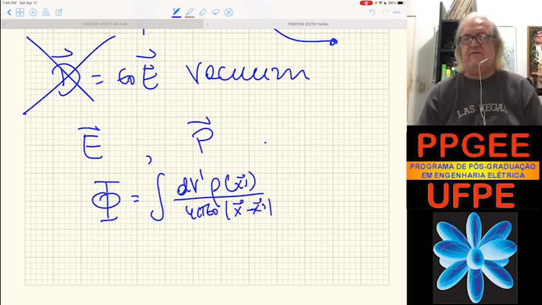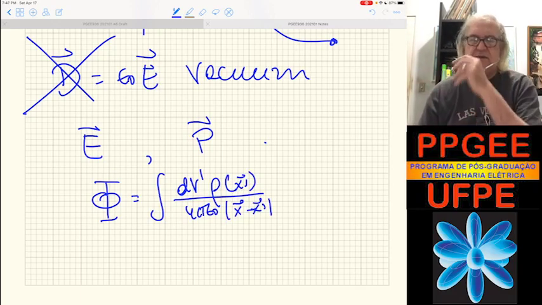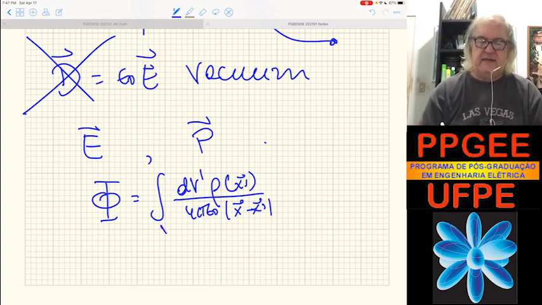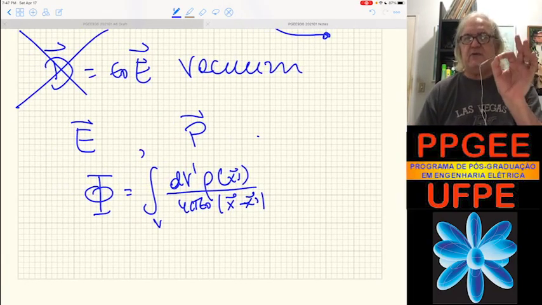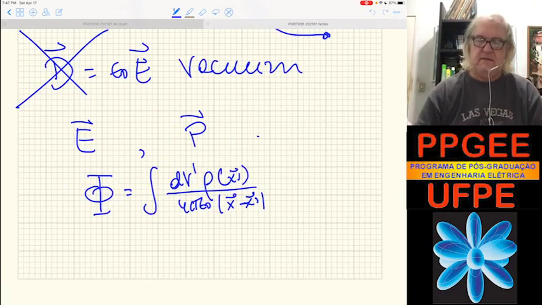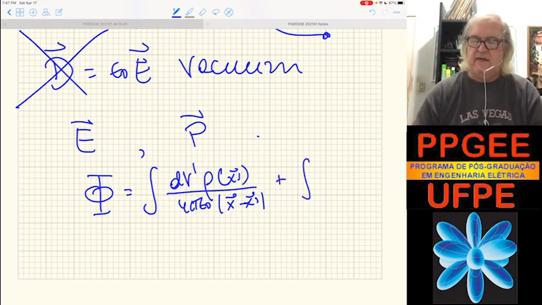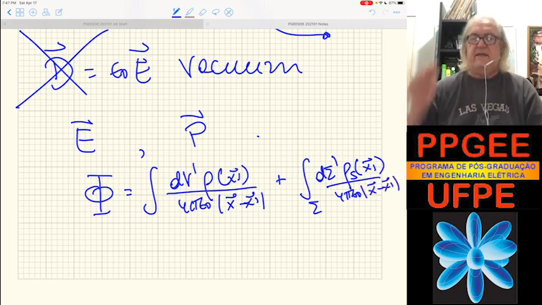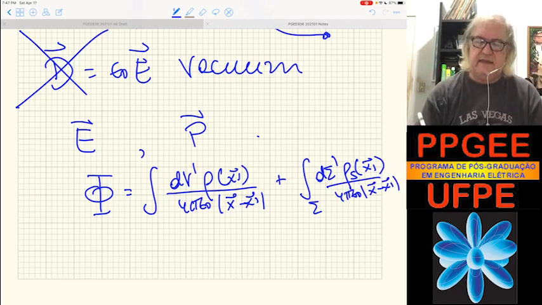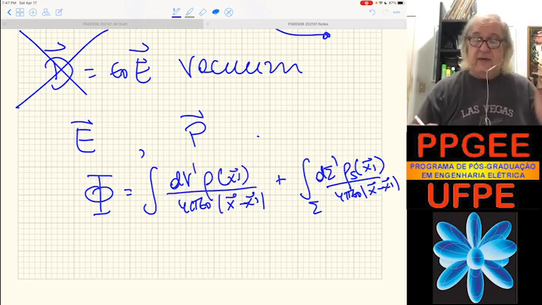If I wanted to separate volume, surface, and linear contributions, I would make additional terms here, right? I could just do a simple integral, or I could separate them, for instance, a volume contribution plus an integral over the surface, dS prime, rho s of x prime. I could do that, right? But I could also formally represent all the densities in the volume density here, right? Okay. So when we have that,